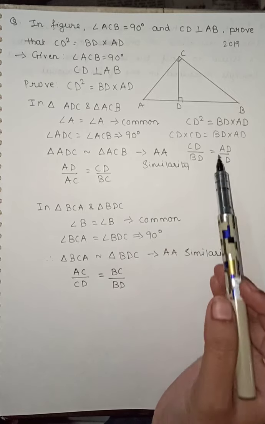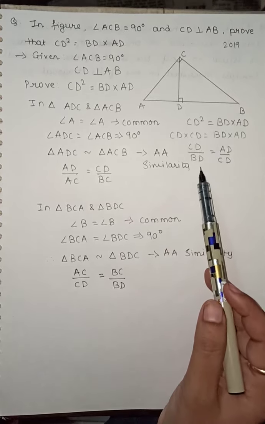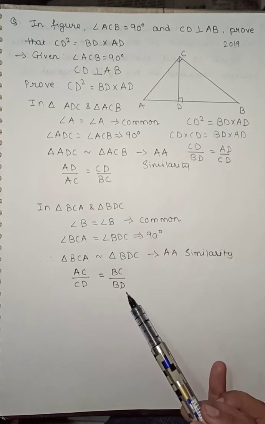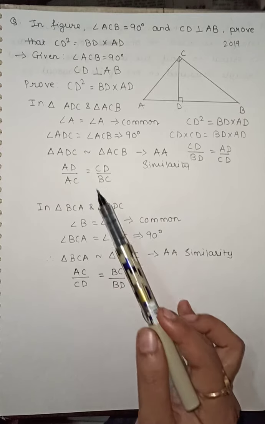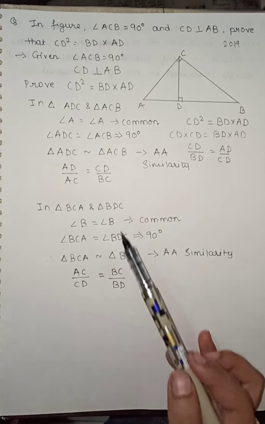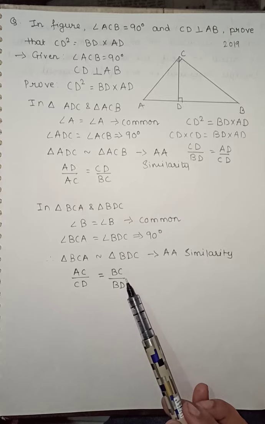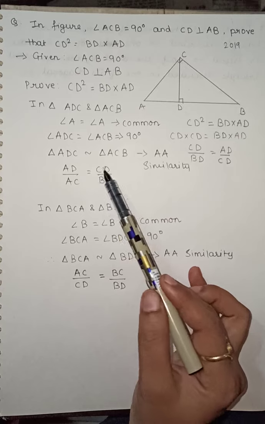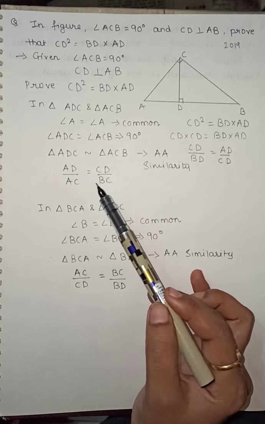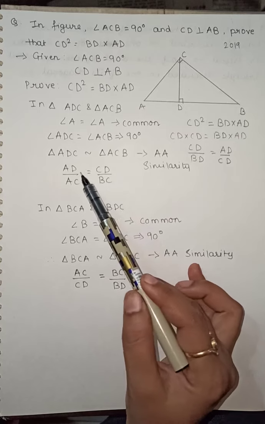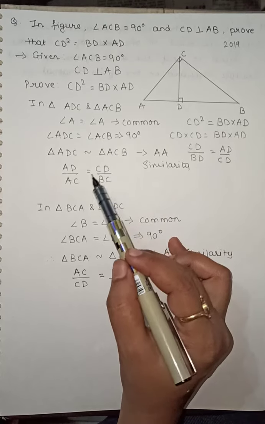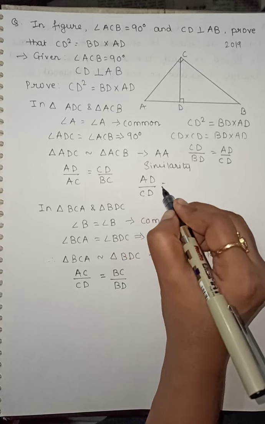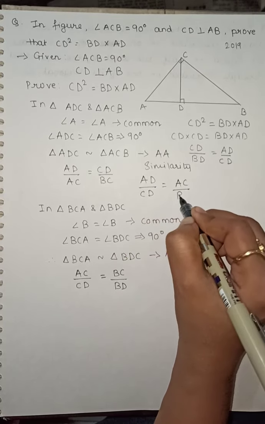Now coming back to our equations, I want sides CD, BD, AD and CD. So I don't want AC, BC here, and here also I don't want AC, BC. So rearrange this proportionality so that you get AC and BC on one side, whereas AD and CD on another side. So let us take CD to this side. So I will get AD by CD is equal to AC by BC.